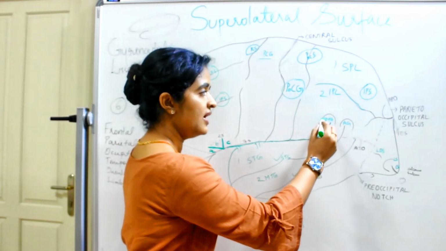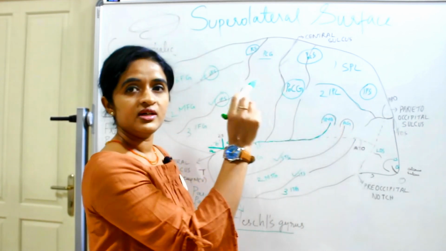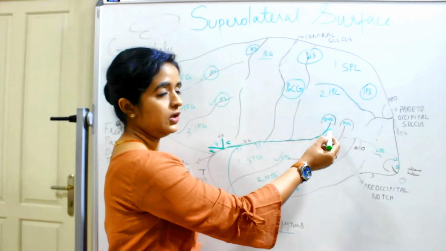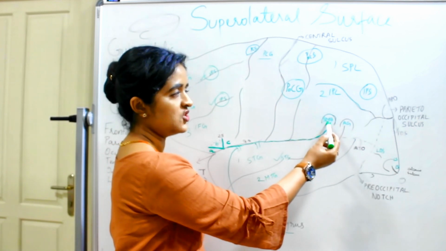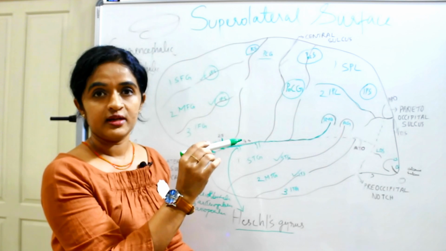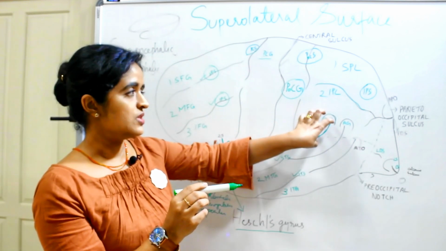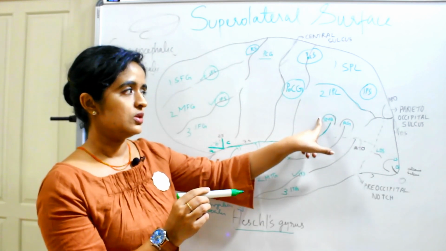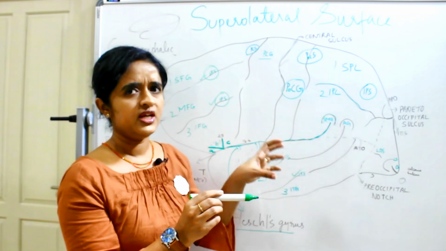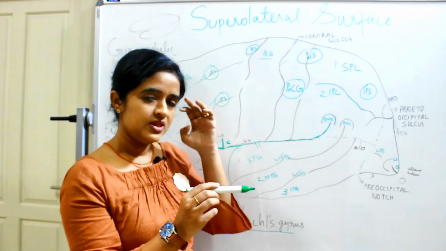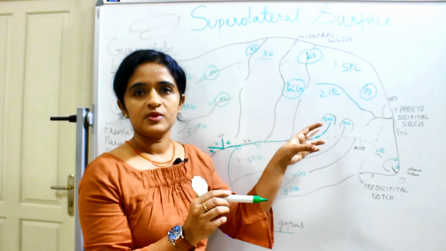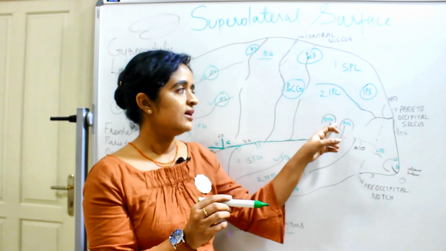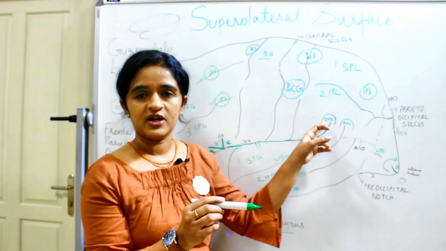So the region of the parietal lobe which is lying around the tip of the posterior end of the posterior ramus is known as supramarginal gyrus. All these are very, very important when we discuss the functional areas. So please keep in mind, where will you look for the supramarginal gyrus? You have to trace the posterior ramus of the lateral sulcus into the parietal lobe, and the gyrus seen around it is known as supramarginal gyrus.